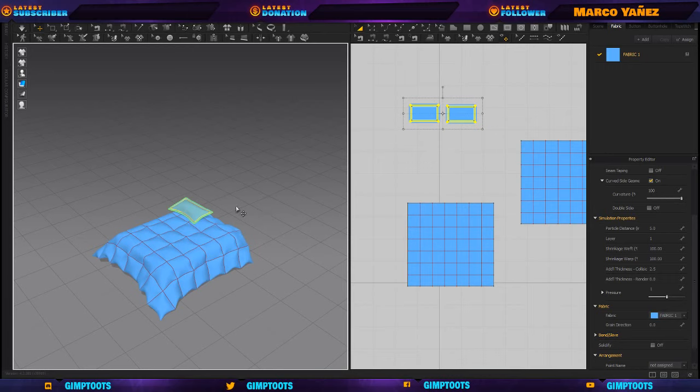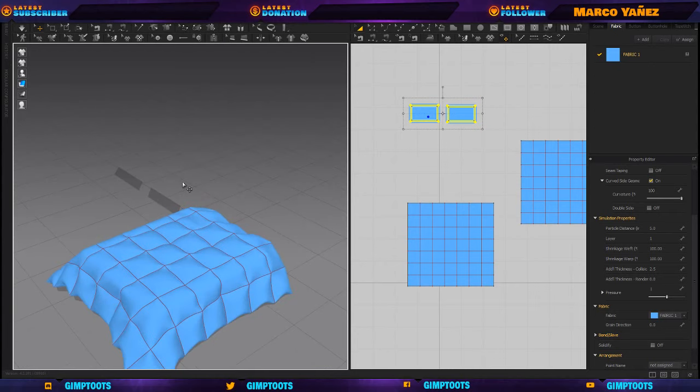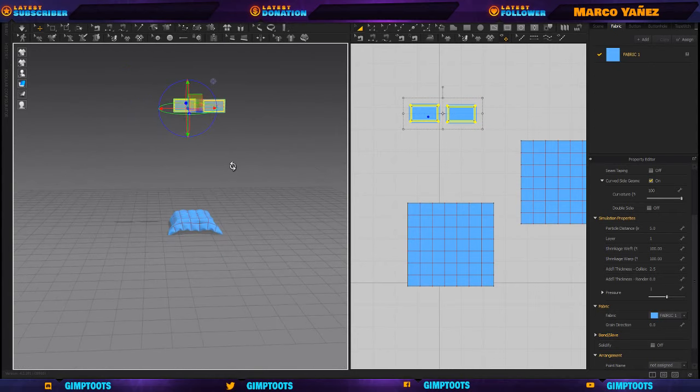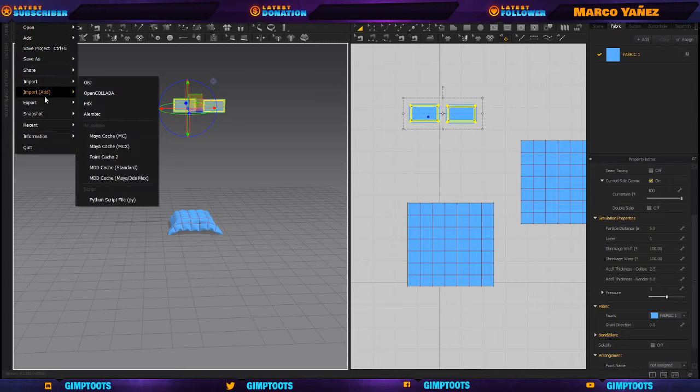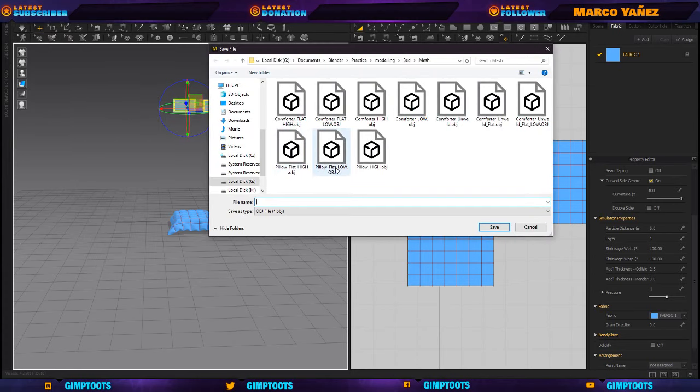So you export this, then you will want to come back and you'll want to reset the 2D arrangement, and you'll want to select these and you'll want to go to File, Export, OBJ selected. And when you do that, you make a file name,